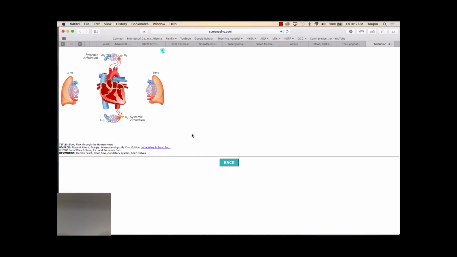Two large veins collect blood from the systemic circulation. The superior vena cava drains the upper body, and the inferior vena cava drains the lower body. These veins dump deoxygenated blood into the right atrium. Blood passes from the right atrium into the right ventricle through a one-way valve, the right atrioventricular valve, also known as the tricuspid valve. Blood passes out of the contracting right ventricle through a second valve, the pulmonary semilunar valve,